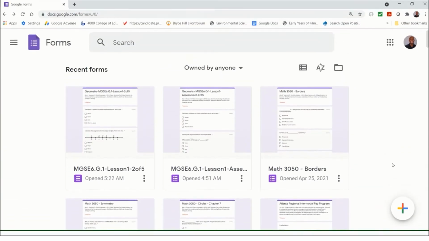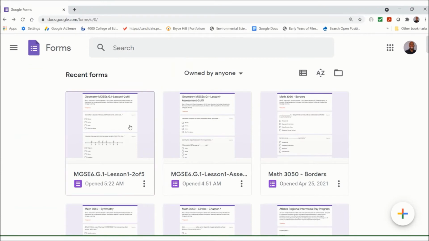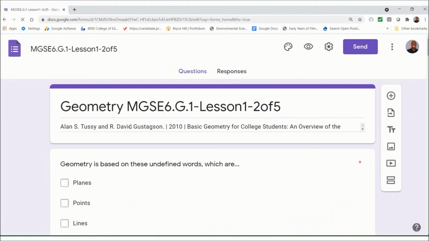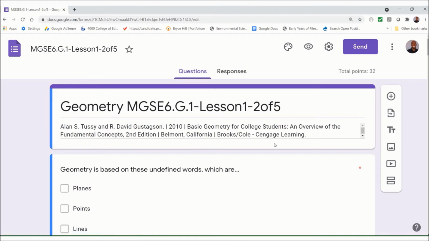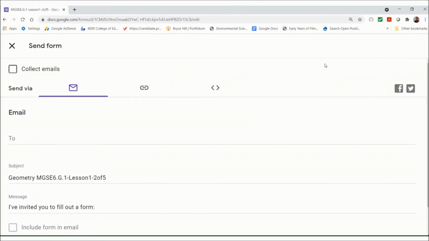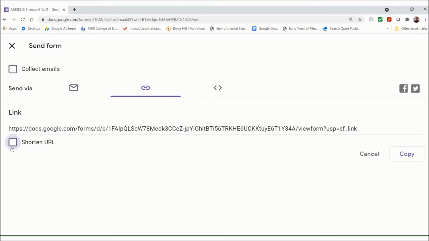Now let me show you how I want to give this document to my students. Here's my Google Documents. I'm going to go up here to the send, and you can very easily email this document just by typing in an email and sending them this link. Now you can shorten the link if you want to,